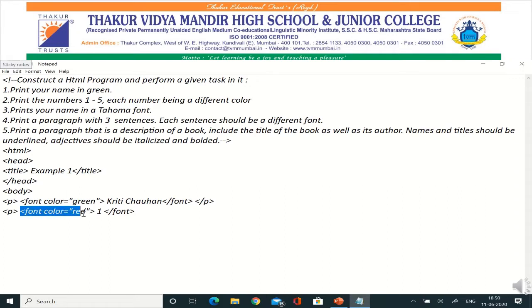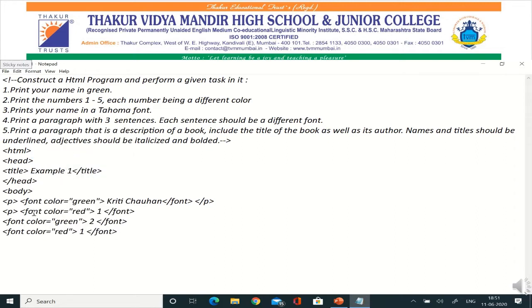I'm just going to copy this entire tag and make the changes in the number place and the value place. So I'm going to copy it, Ctrl C, and paste it. Here the only changes required are the value, green, and the number place.